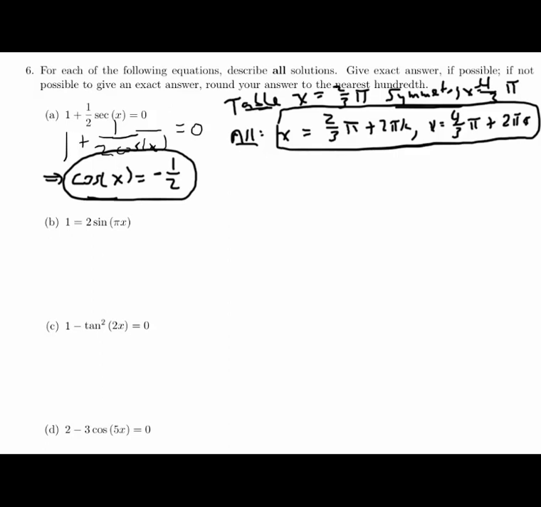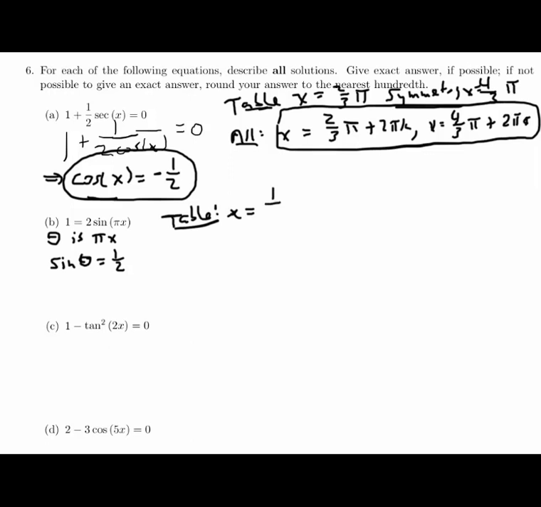Part B is like the ones that we've done in class, but there's a pi in there, so that looks like it could be a little bit weird. So let's just use our convention of saying use a single letter like theta to stand in for the stuff in the parentheses, pi x, and then I can just go about this the way I've done all the other ones. So this equation is equivalent to saying sine of theta is 1/2, and then again I can read one value off of the table. The table says that if sine of theta is 1/2, then